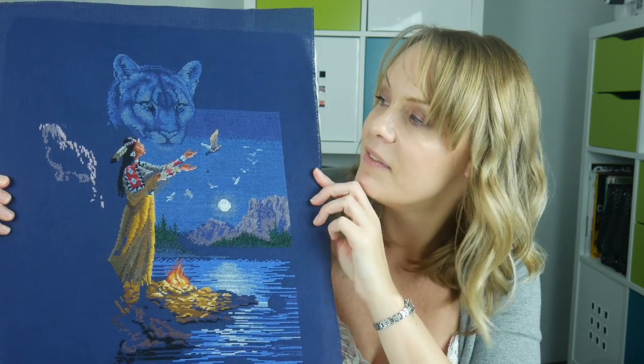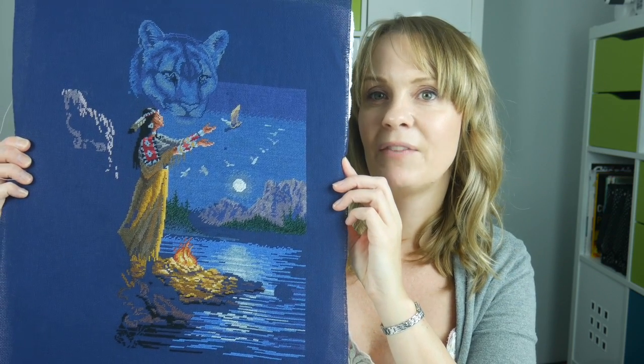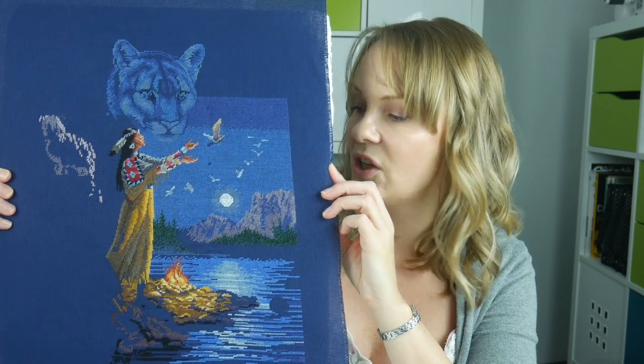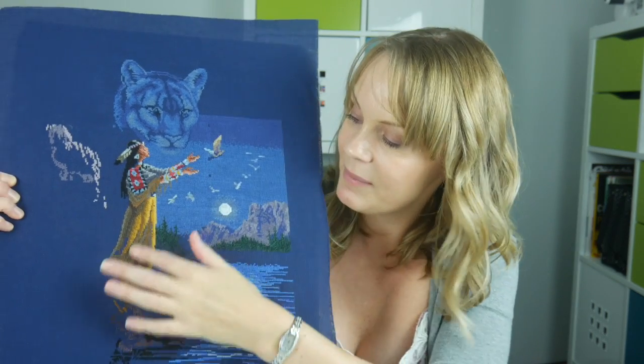Now I remember very well doing this one because this one was done when I was 29 and 30, and I remember it because I had spine surgery when I was 29, and this is a piece I was working on while I was recovering, having had surgery. At the time I was on some very heavy pain medication following the spine surgery, and I'm pretty sure that I've gone wrong on it because I just remember this. I remember her dress not being quite right here, which is one of the reasons I believe I've left it